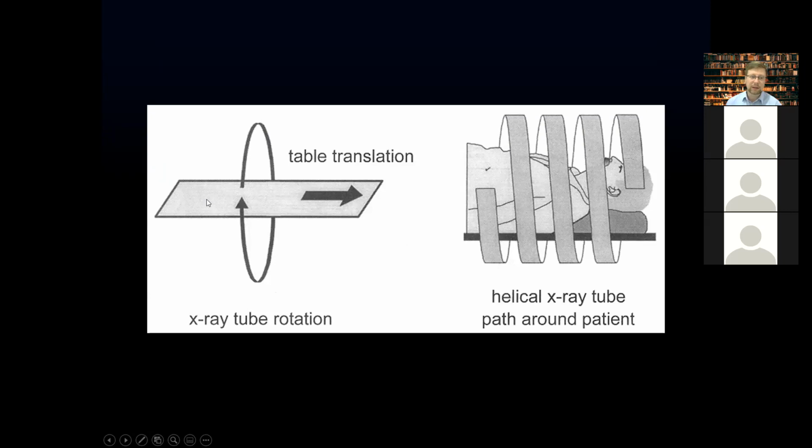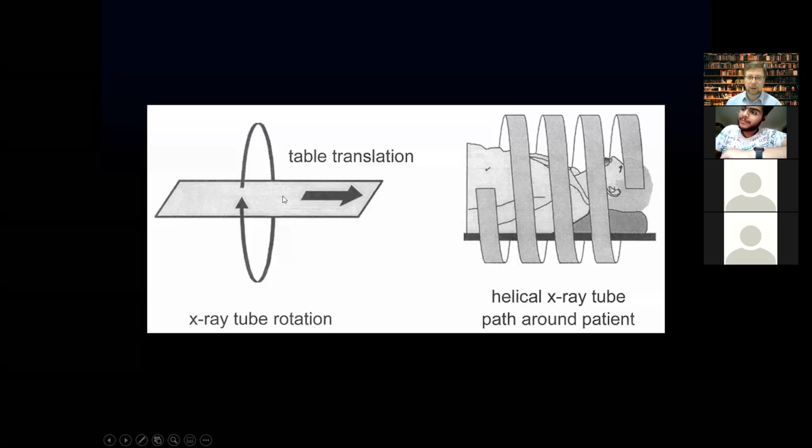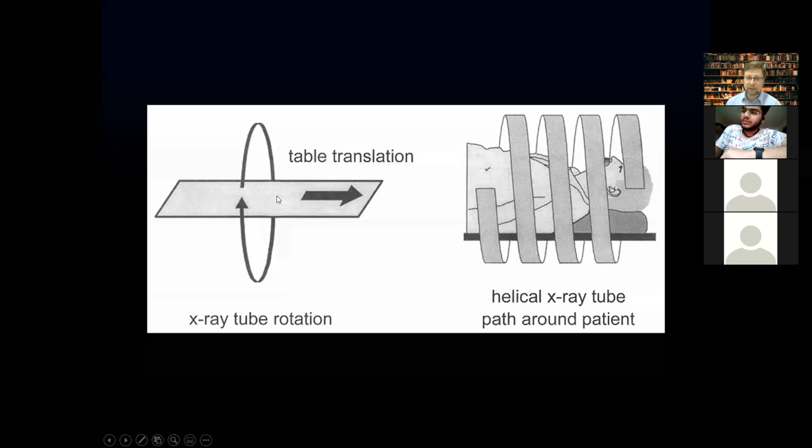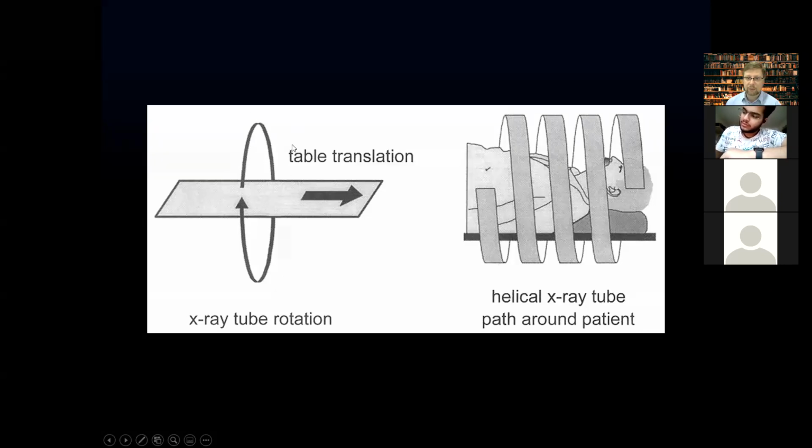The older devices had X-ray tube rotation around its axis with table translation, and it means the patient moved along with the table, and after one rotation there was a small pause, and then the table moved for 1 millimeter, for instance, and the next scan was performed. And it was not a perfect type of scanning due to the artifacts, and that's why later on